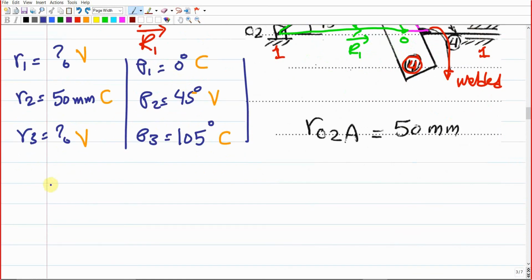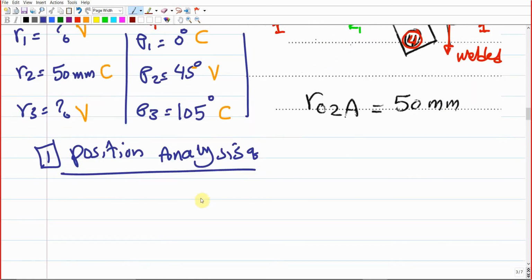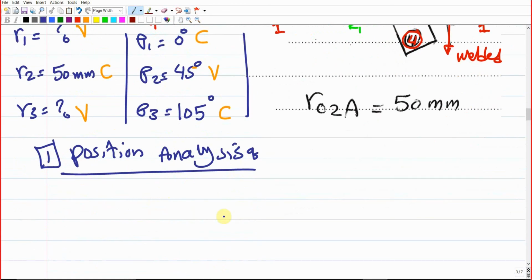So if we moved to the position analysis, I'm just gonna write the 3 equations because of the time. I'm just gonna write the 3 equations for the position, for the velocity and acceleration analysis, and you know the